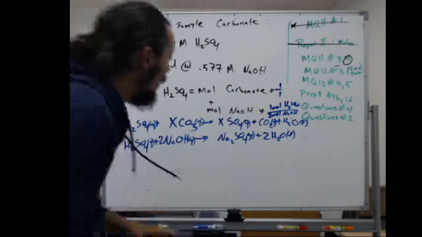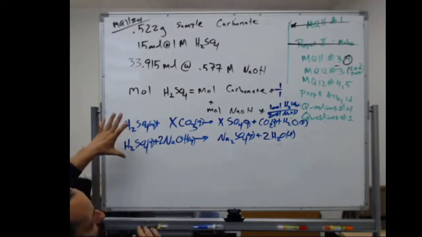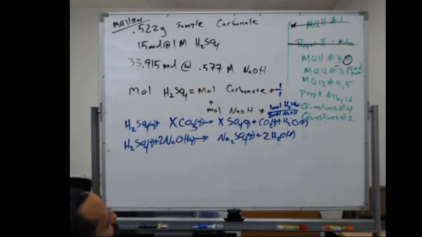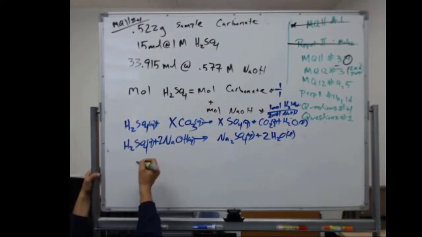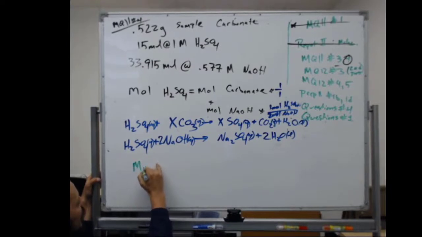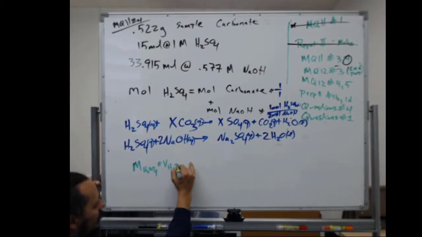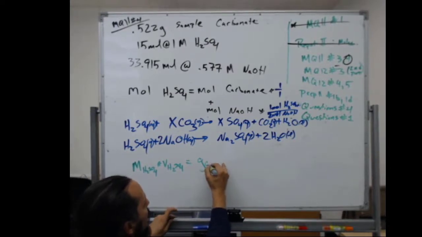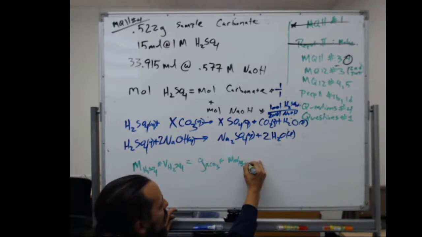So, I'm going to erase this part. I'll leave the part in blue. We don't need to erase that. Now that I've thought about my chemical system, it's given me this information about how these reactants are going to relate to each other. And now I can think, what pieces do I need to get the moles of carbonate? So I'm going to need the molarity of H2SO4 times the volume of H2SO4 equal to the grams of unknown carbonate times the molecular weight of unknown carbonate,